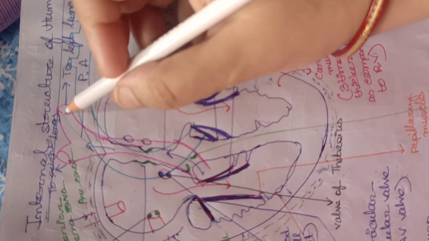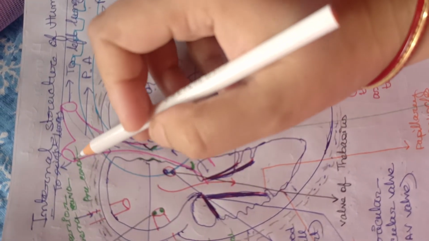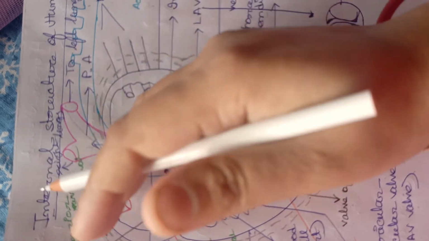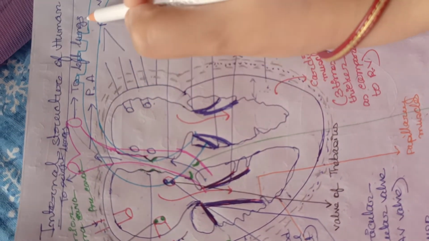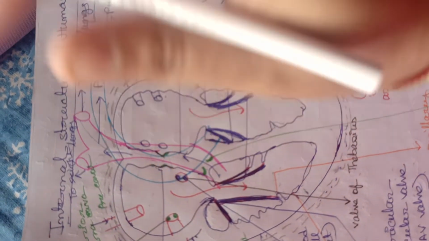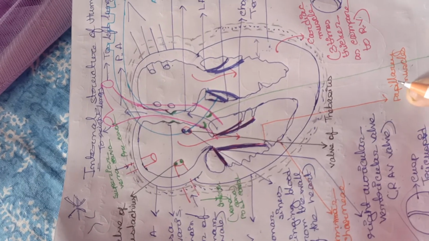Then you see there are 2 branches of this deoxygenated blood, because we know the lungs are 2, left lung and right lung. So this branch will go to the left lung, this branch will go to the right lung. Clear? Now outside of this thing, you see